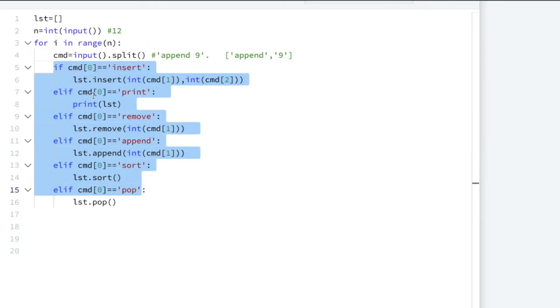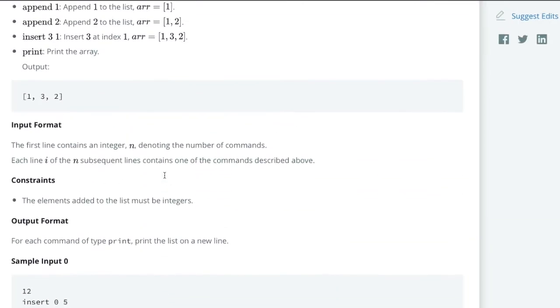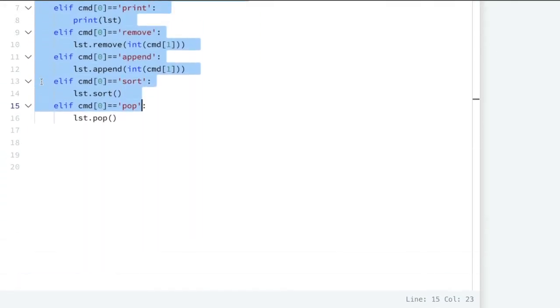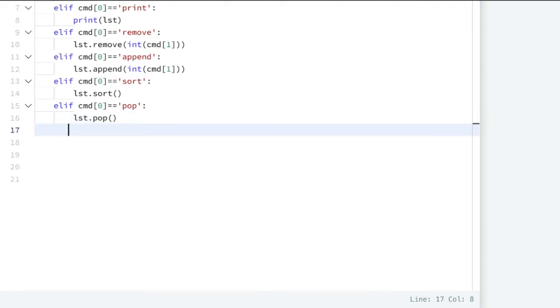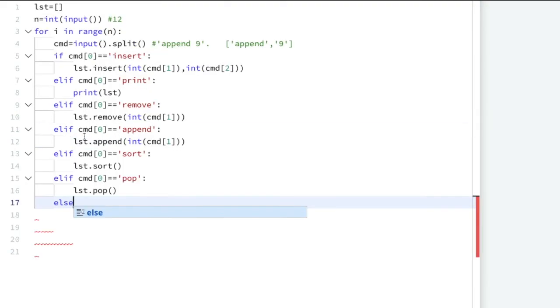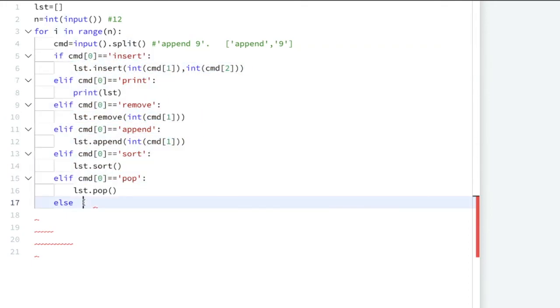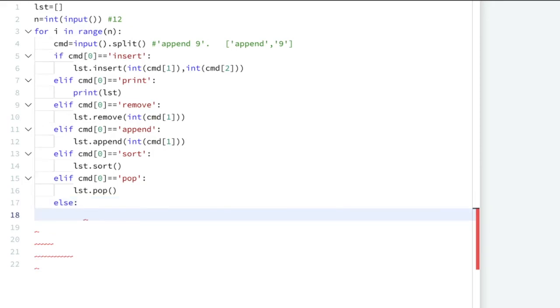If the user hasn't given any of these 6 commands, he must have given the very last one, which is reverse. So we will simply write an else condition. There is no need to check, it is obvious that he has given reverse. So we will write the logic list dot reverse, not remove but reverse. So we are done.